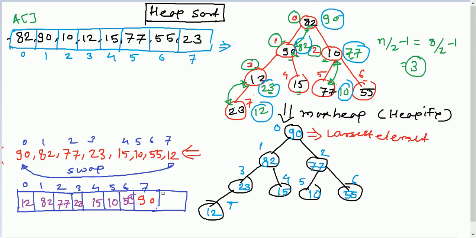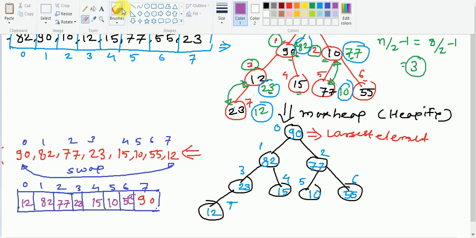Okay, so if you look at the end of the first pass, after constructing the first max heap, we are getting the first largest element in the array. So what we have done here is swapped 90 with 12. Now again for the remaining array, if I try to construct a heap, it will look like a normal heap, but I have to convert it again into a max heap. So we'll see now how to go about this.